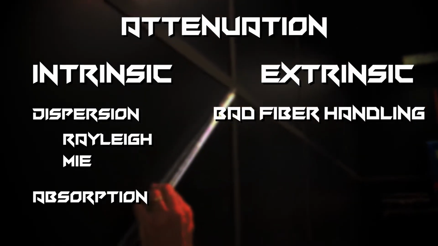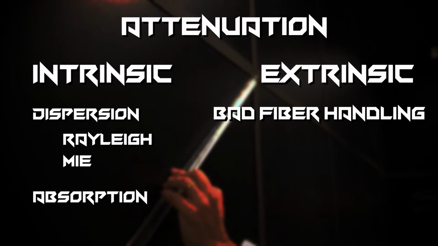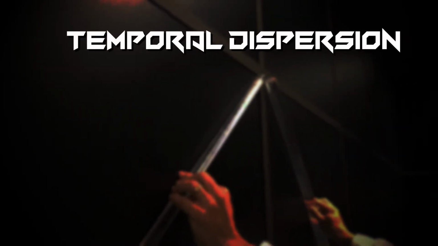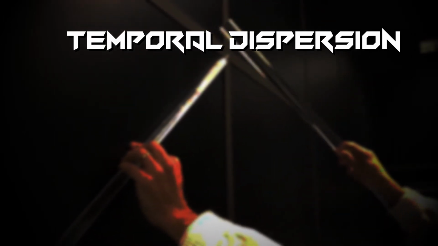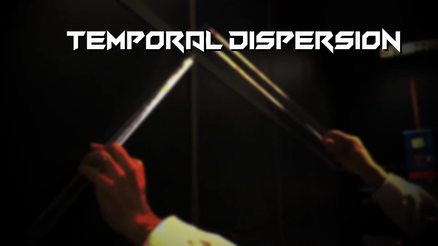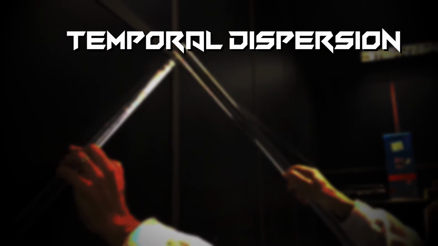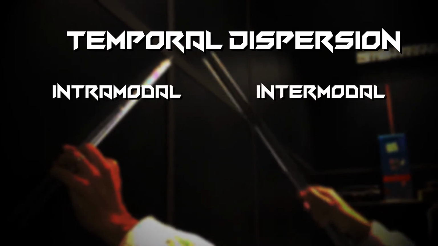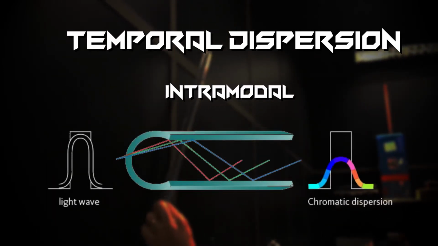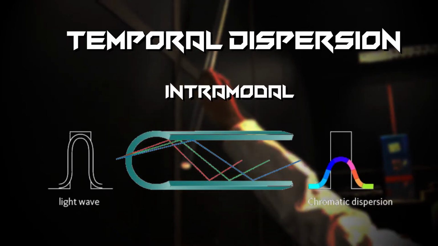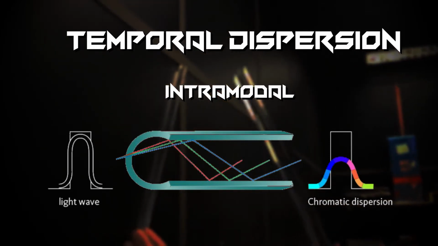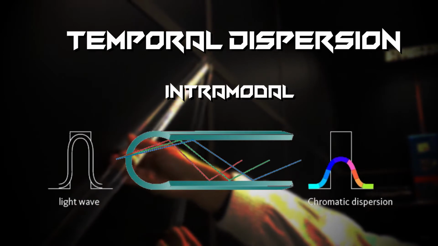Another high-level phenomenon that happens in optical fibers is temporal dispersion. Temporal dispersion is when the light pulse has a certain duration at the entrance and a different at the exit, being a larger pulse. Temporal dispersion can be of two types, intramodal and intermodal. Intramodal is considering only one direction of propagation of the light. When the light source is not pure, the light is going on many different wavelengths, and as the speed of